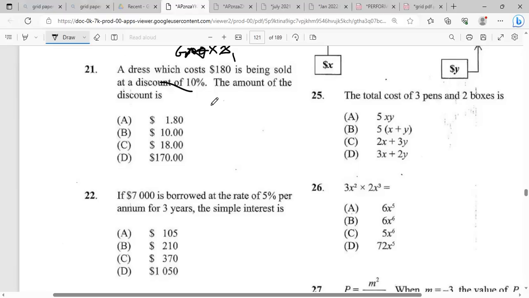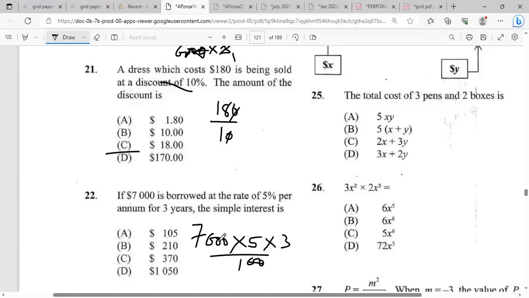The amount of discount is, as I said, 10% is the same as dividing by 10. So all I have to do is just divide this by 10. So the discount amount is $18. If 7,000 is borrowed at the rate of 5% per annum for 3 years, the simple interest is 7,000 times 5 times 3 over 100. I think we said that one here already. And guys, we just do 7 times 5, 35, and we just add the 0, so that's 350 times 3,